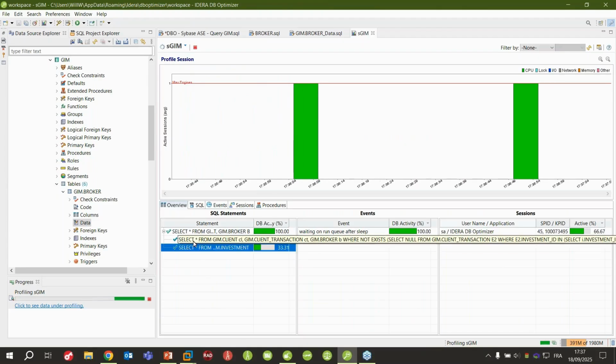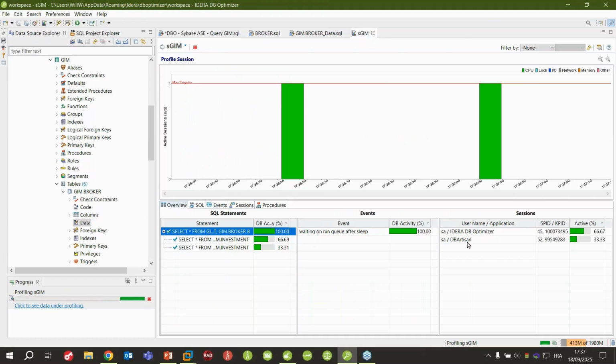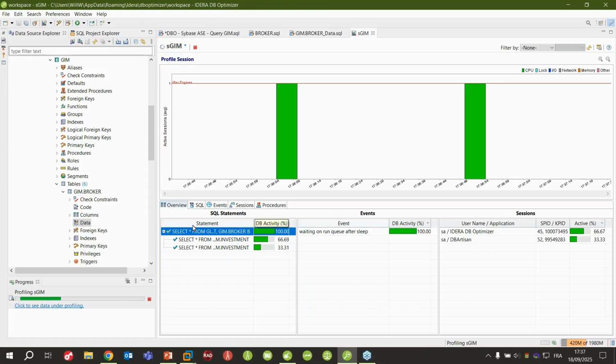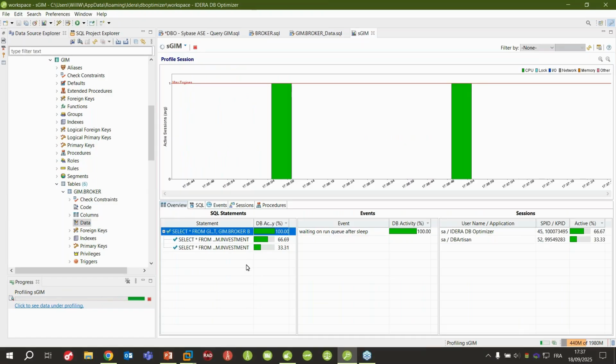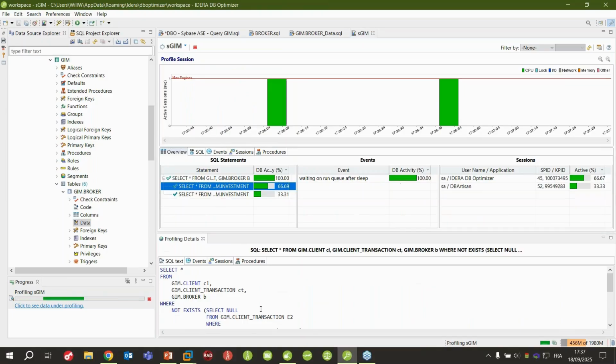It has been aggregated under this one, but we can see that it has been run using DB Optimizer and using DB Artisan, so you can easily investigate and view where it comes from. And when you have found the queries that you want to optimize, or when you want to have some more details, you can always select the query you want to optimize.